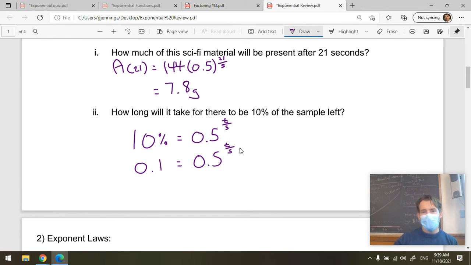Now create your table. T, and then you're going to test some values. We got pretty close to 10%. We want about 14.4 grams, and we got just a little bit under half of that. So actually, we have the answer here. It should be about 16, but it's going to be a little bit more than 16, a little bit less than 16. So anyway, I'm going to start my guessing, just based on the result of this one, around t